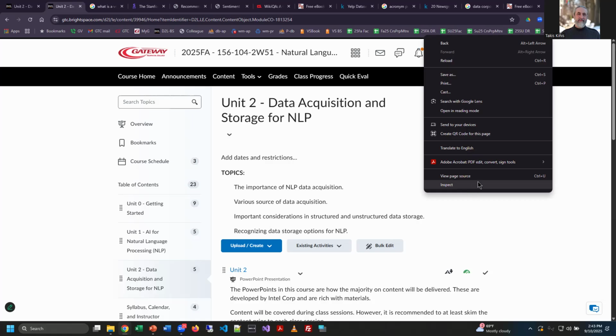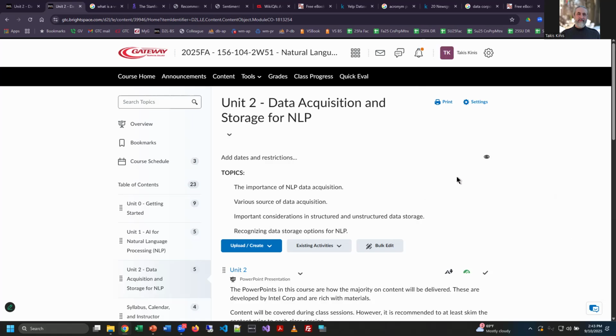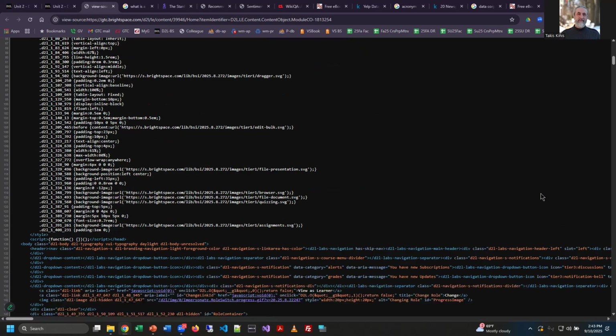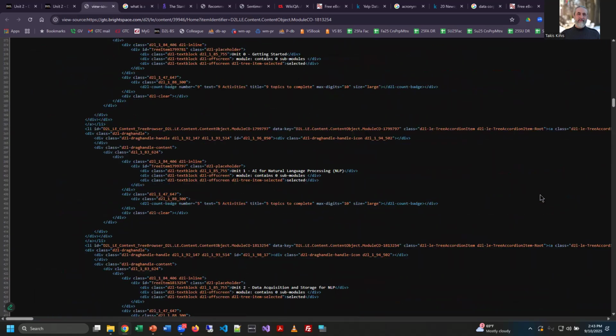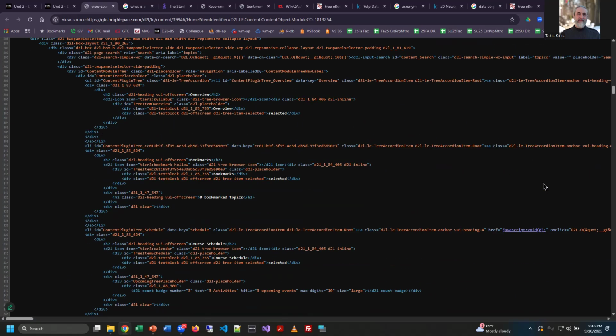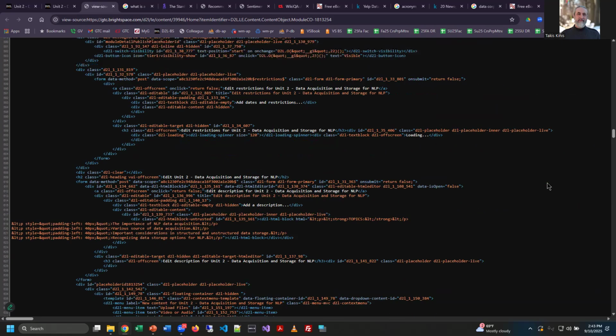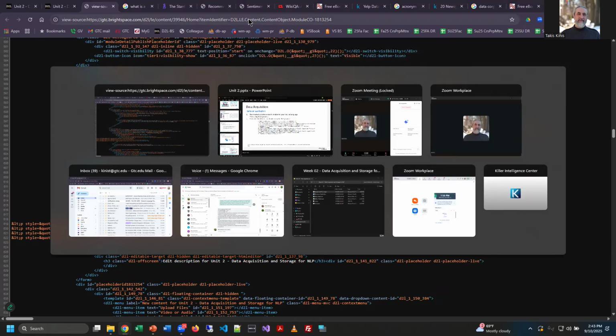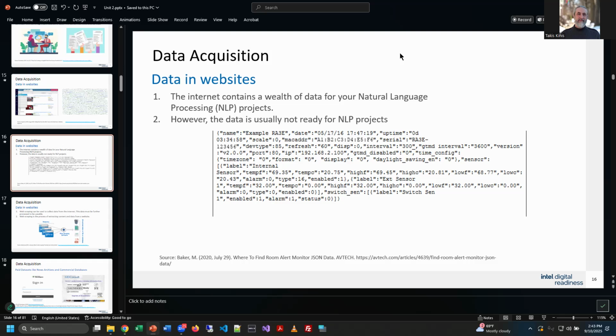You can right click any web page anywhere on a blank spot and look at the source code. And here's more data, right? Well, actually, this is the code that makes the page, but intertwined with that code is also the information that's sitting on the page. So I can grab that data too, right? We'll talk about that in a little bit. That has a special name to it.